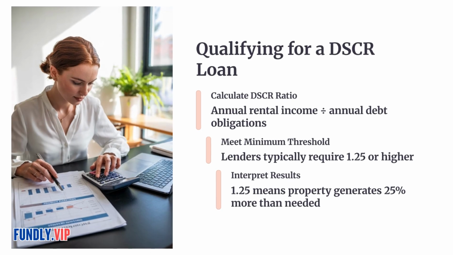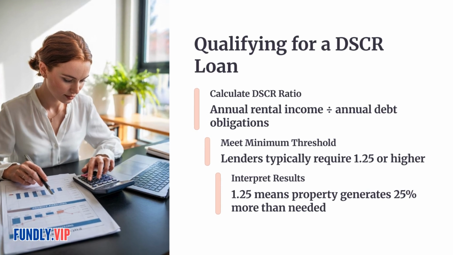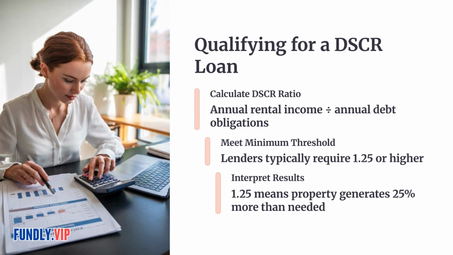How do you determine if you qualify for a DSCR loan? Start by calculating your property's DSCR ratio. Take the annual rental income and divide it by the annual debt obligations. Lenders typically want to see a ratio of 1.25 or higher, meaning the property generates 25% more income than needed